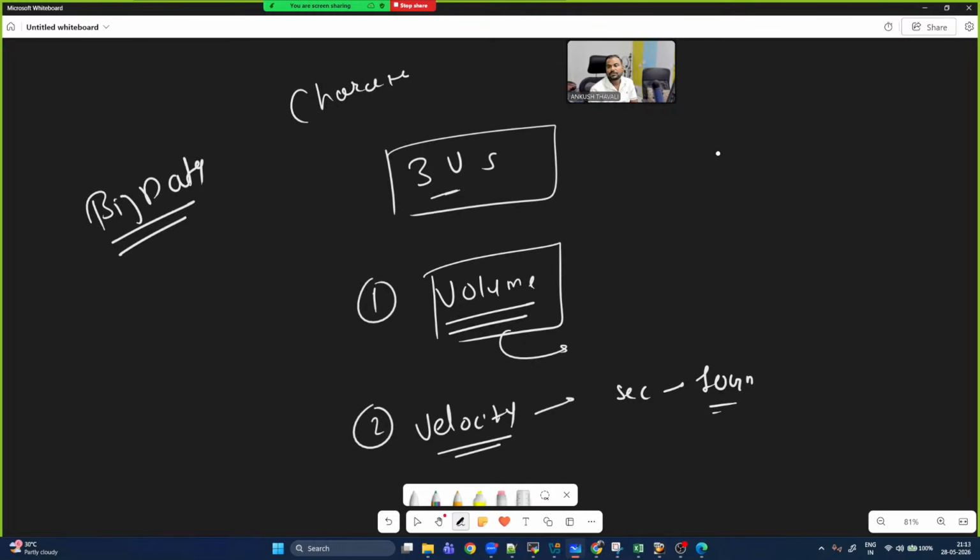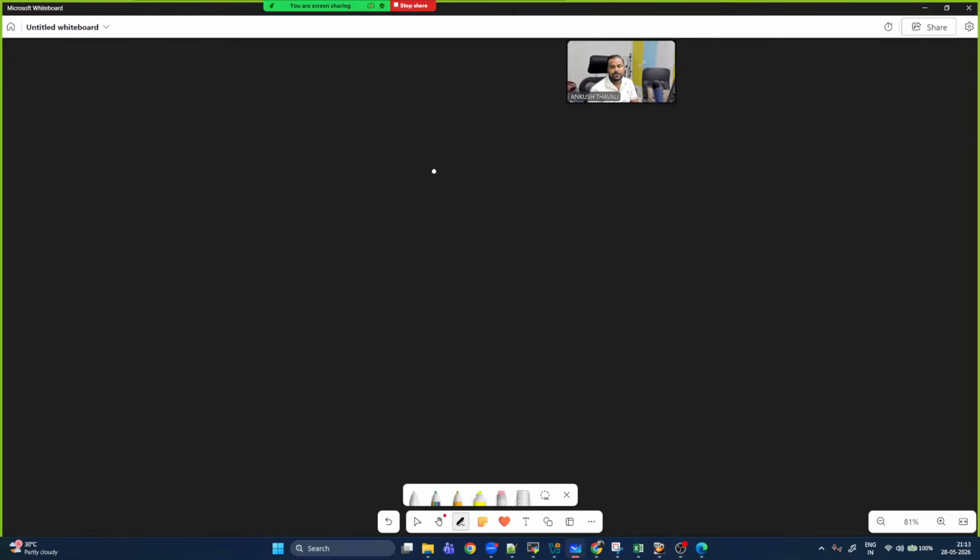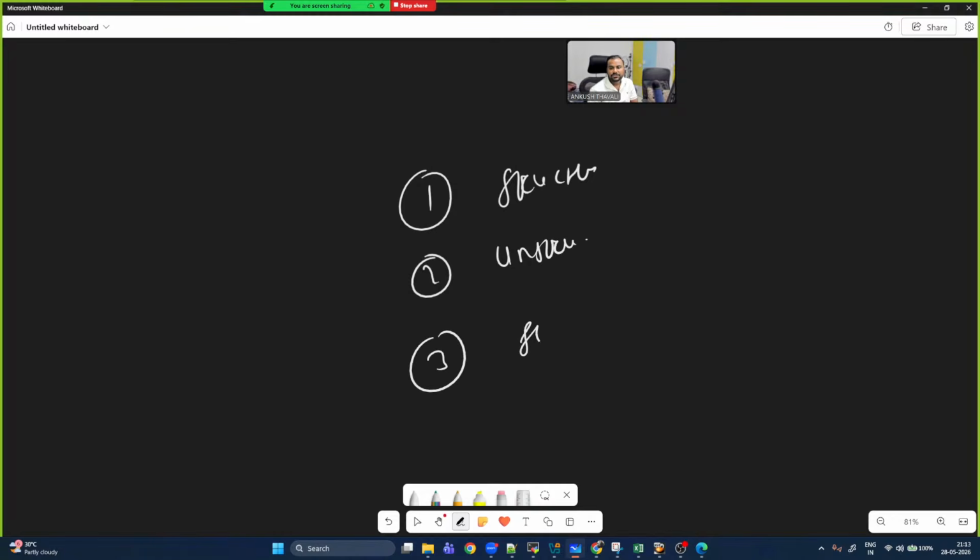And the third one is the variety of your data. Data is not coming in a single file format. For example, you are not getting data all the time in CSV file format. There are different types of data you are getting. In which situation do we call it big data? Whenever these three characteristics are there. So you get data in different varieties also, like structured data, unstructured data, and semi-structured data.